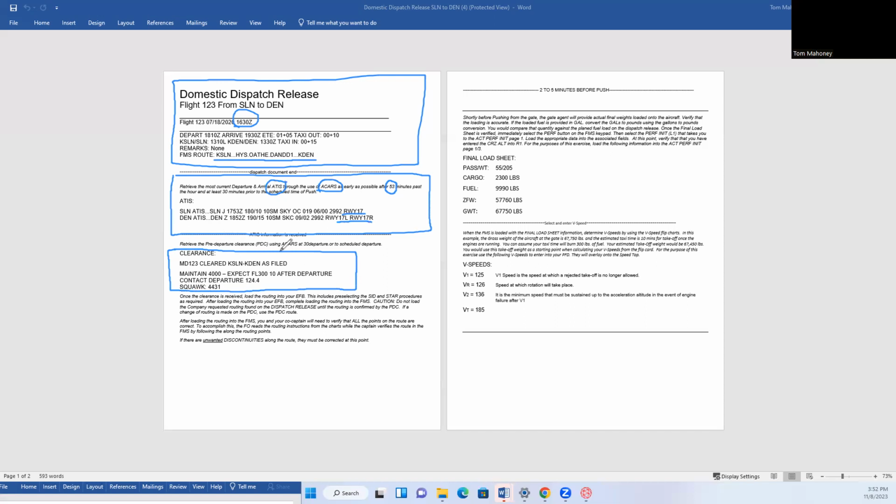We can get our clearance today using our ACARS system, and we will get our clearance, calling it a pre-departure clearance or a PDC. As I said, we cannot get this PDC any earlier than 30 minutes prior to push. So at 30 minutes prior to push, or 29 minutes, 28 minutes, I'm going to go ahead and instruct my ACARS to call for the PDC,